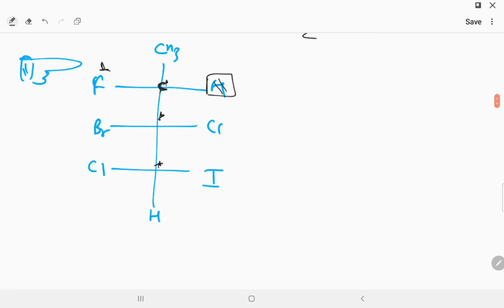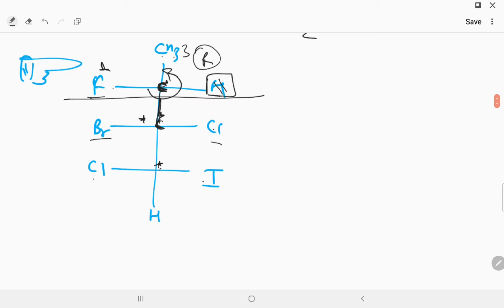Now the below carbon is attached to chlorine and bromine, but the above carbon contains hydrogen. So we give 1, the below is 2, and this is 3. 1 2 3 horizontal anti-clockwise. Horizontal anti-clockwise means R. Now in this you are able to see that this is a chiral carbon, this is a chiral carbon. Okay, the above carbon contains fluorine and hydrogen, and the below carbon contains chlorine and iodine. So we have to select, the above group is the least priority group.